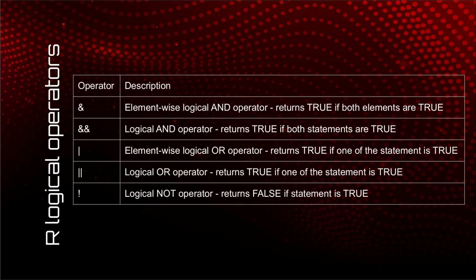Now let's talk about the interesting operators, the logical operators. Here you have three main kinds of operators: and, or, not. The AND operator will return true only if both the statements on either side of it are true. The logical OR operator will return true if any one of those two arguments is true. And lastly, the NOT operator will return true if its statement evaluates to false, and the other way around.